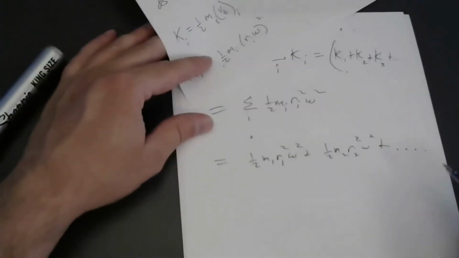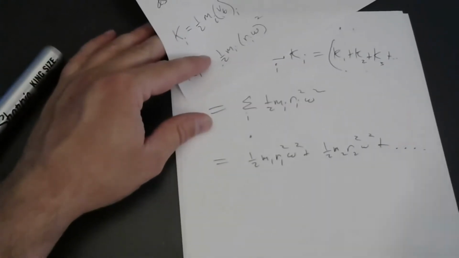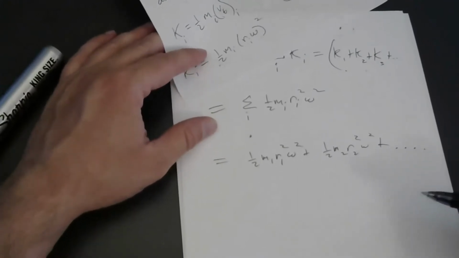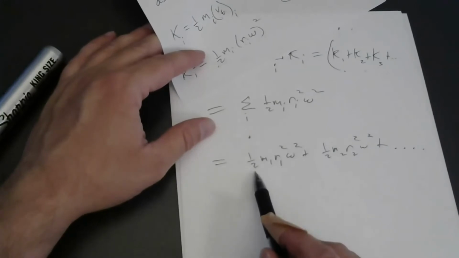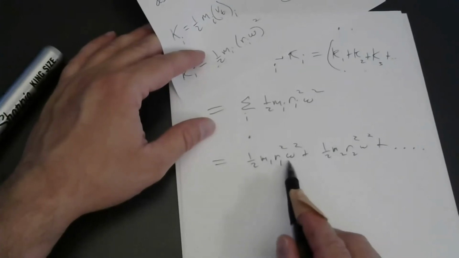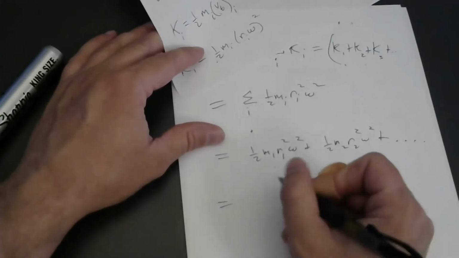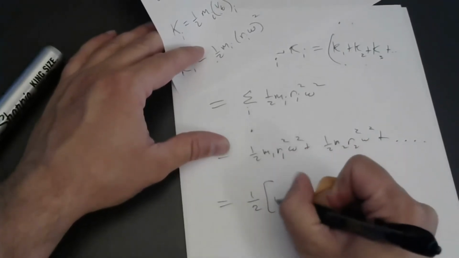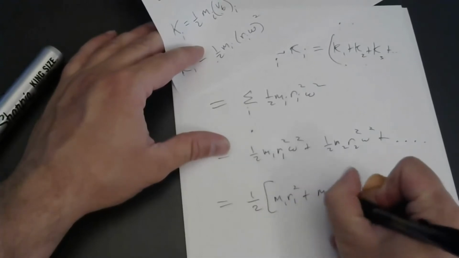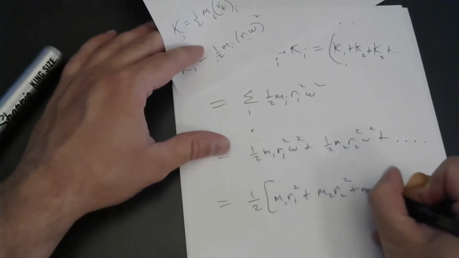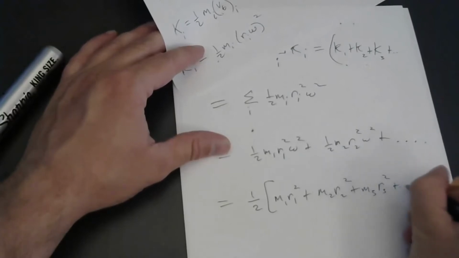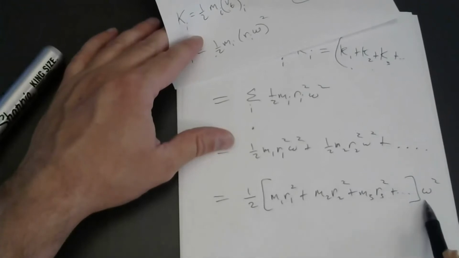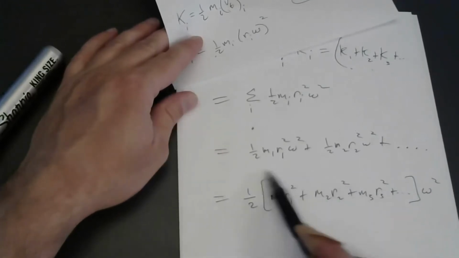And I'm hoping you recognize that every one of these terms, from here out to 10 to the 23rd, if that's how many particles we're talking about, has something in common. They all have a 1/2 out front, and they all have an omega squared at the end. So I'm going to factor those out to the left and the right, and I've got 1/2 times m1 r1 squared plus m2 r2 squared plus m3 r3 squared plus dot, dot, dot, and then the omega squared on the right side. After you distribute the 1/2 and the omega squared to everything inside, you would be back to